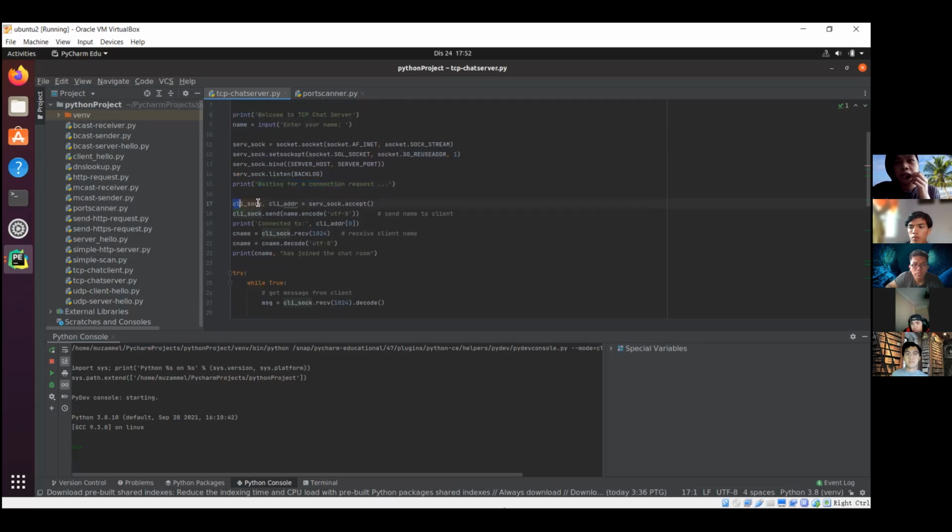Here, sock and address are for the client socket and address, and this code is for the server to accept the request from the client side. It will not move to the next line if the client side doesn't send the request to join the server. And then here is to send the message, where we need to pass the name